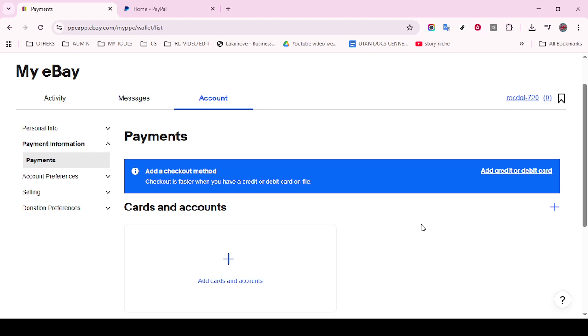After successfully completing the verification process, you should receive a confirmation from eBay that your Wise bank account has been linked. This means you're now capable of receiving payments smoothly and efficiently into your Wise account whenever a transaction occurs on eBay. It's truly that simple. By following these steps, you've ensured that your transactions are streamlined and secure, leveraging the advantages of Wise's favorable exchange